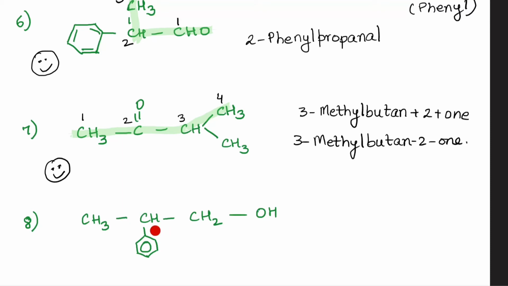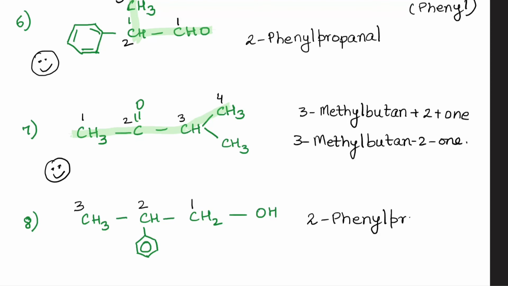Again, you notice over here, what group have I got? Is it going to be 6 carbon atoms here which will be considered as the main chain, or is it these 3 carbon atoms? Do I apply the longest chain rule over here, or do I take this as the main chain because it has a functional group? Just now I gave you a hint. Remember? So 1, 2 and 3. At the second position, what substituent have we got? Yes, it's a phenyl group. So at the second position, I have phenyl.